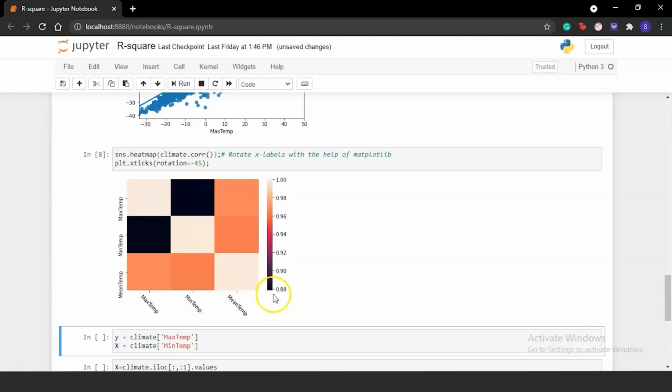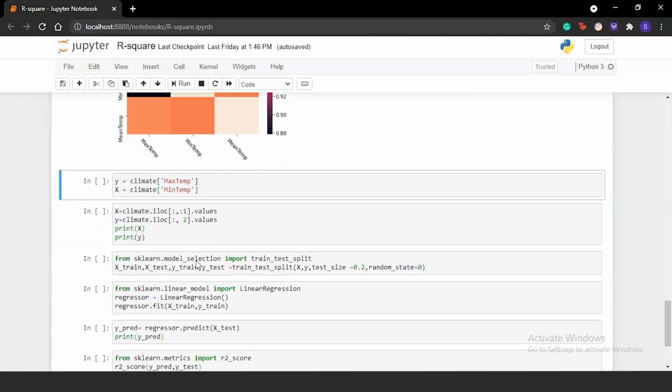which means if minimum temperature changes, then the maximum temperature will also change by 0.88. Now the best correlation is obviously going to be between the mean temperatures and the minimum and maximum temperatures. The mean temperature is nothing but the average temperature value that we have. So this is basically going to lie in the middle of all of our temperature values, which is why we are going to have a better correlation for mean temperature. But minimum temperature and maximum temperature are also pretty well correlated with a correlation value of 0.88. This means that if our minimum temperature fluctuates, our maximum temperature will also fluctuate proportionately.